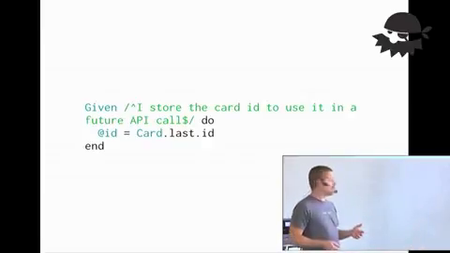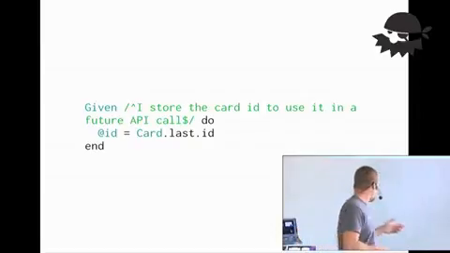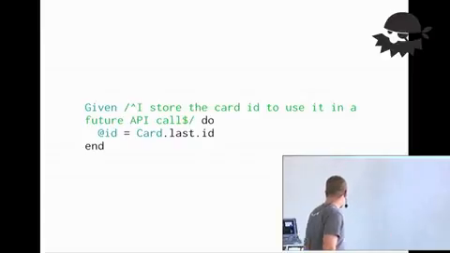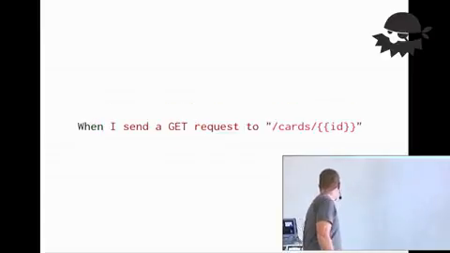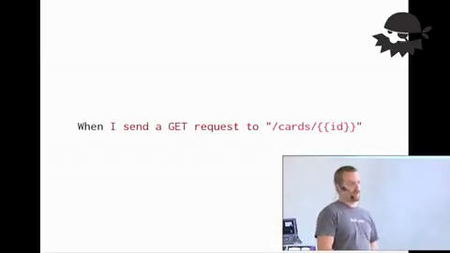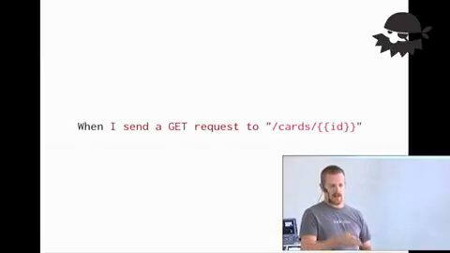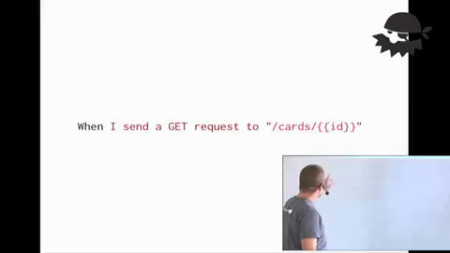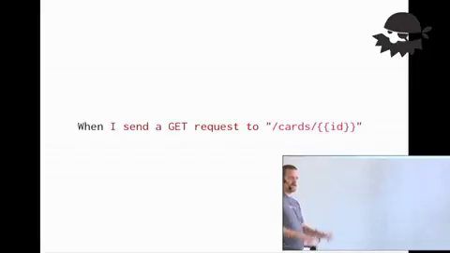The other thing that you could do is, instead of storing it, and I think I have an example in here, I definitely have an example in the app. Instead of storing it, you could say, and look at the next step, when I send a GET request, you could actually say, when I send a GET request to the cards/ID with the last card, for example, and then it could pull the last card data out rather than storing it. But in this case, I didn't. I stored that. And here's where things, I think this is a useful technique, because you kind of see